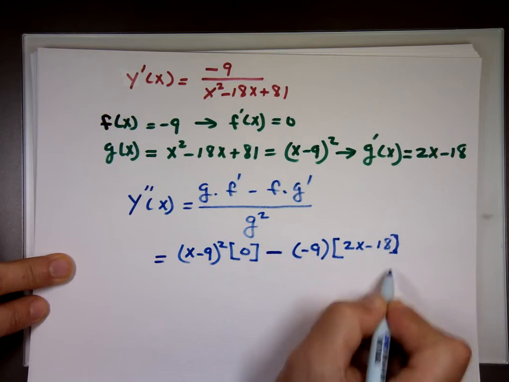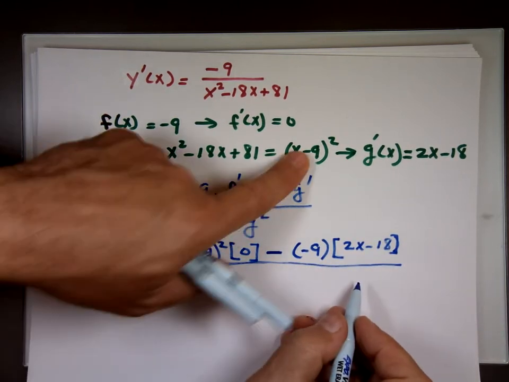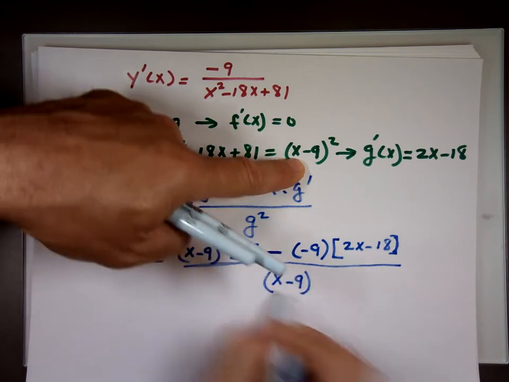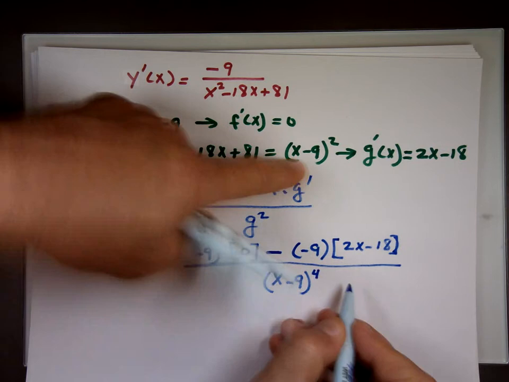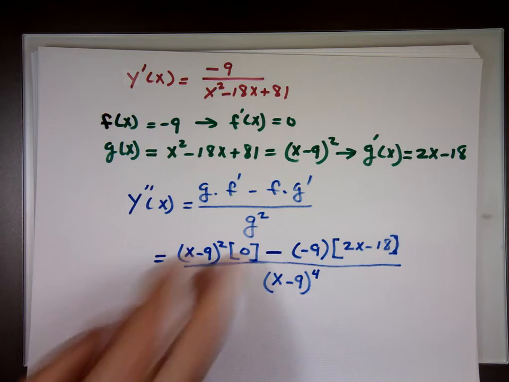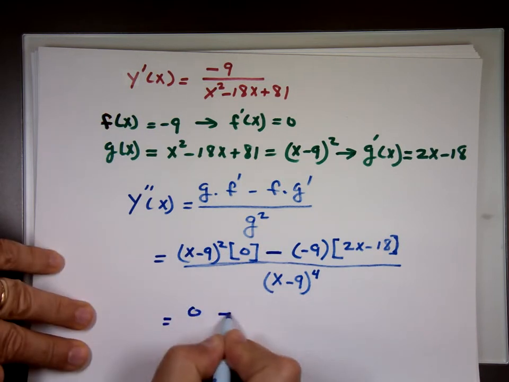All divided by g squared. If this is g, x minus 9 squared, what happens when you square it? To the 4. The first piece is going to be 0. That becomes plus 9 times